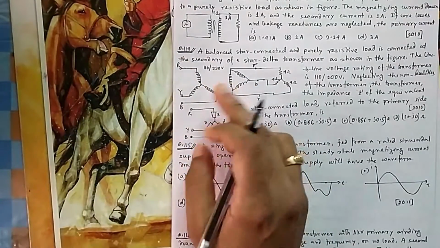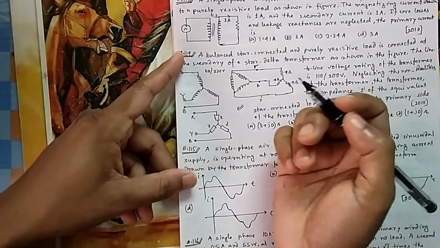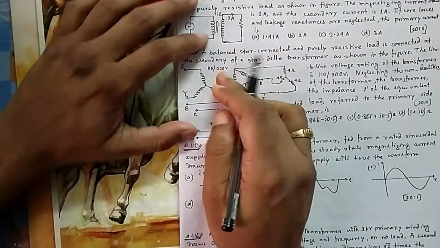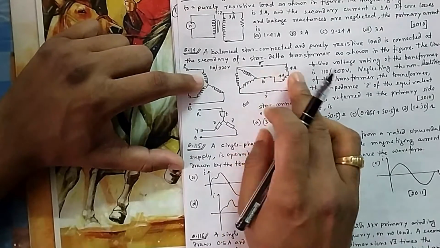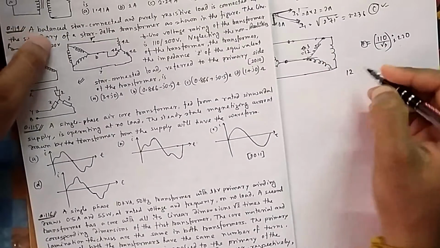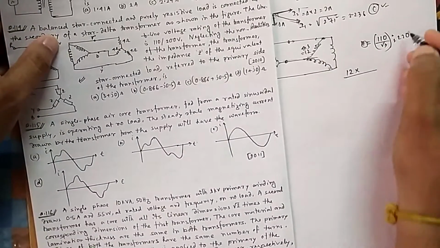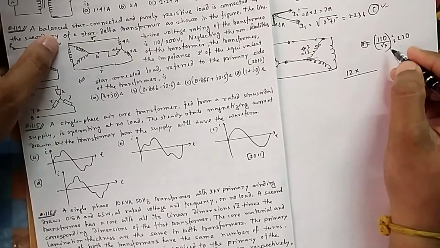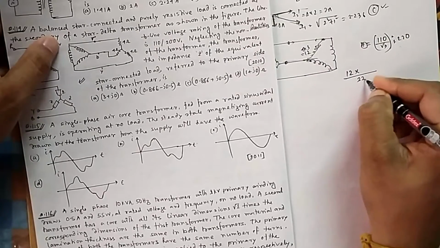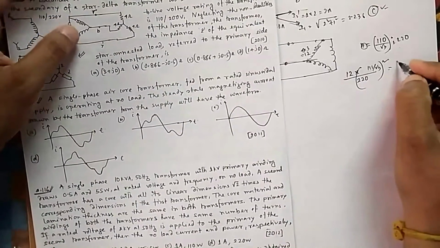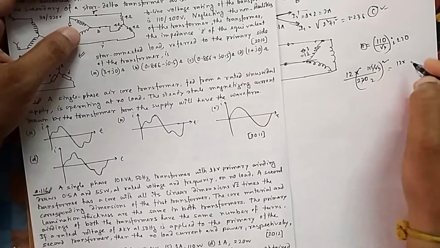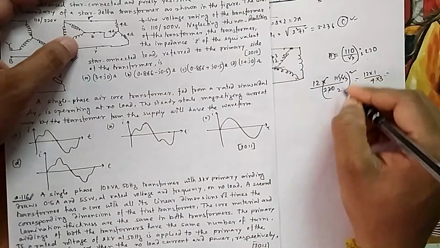Now when impedance is reflected, it becomes the square of that ratio. So either it will be multiplied by n square or divided by n square. That depends on whether you are going to the higher voltage or lower voltage side. You are coming to the lower voltage side, so your value should reduce. The 12 should reduce, so you divide by the bigger number, the ratio squared. So if you do this, 12 into 110 squared over 3 into 220 squared gives 1. So you can see it is option D.